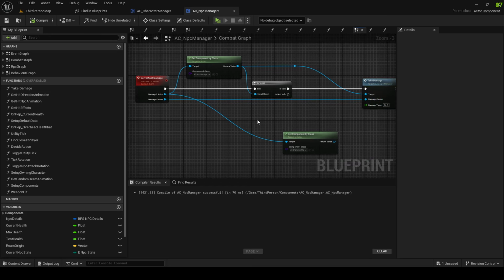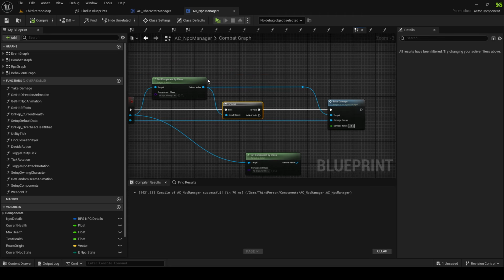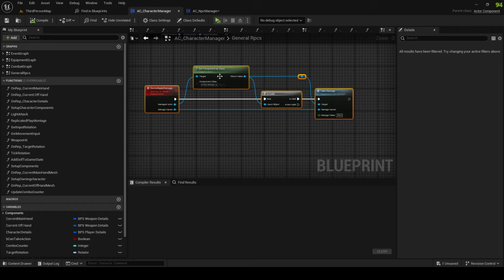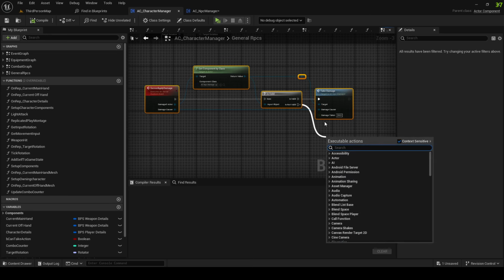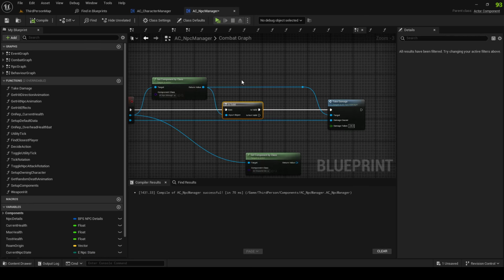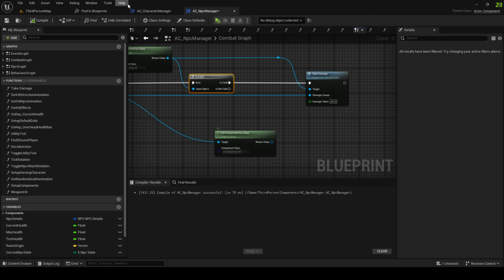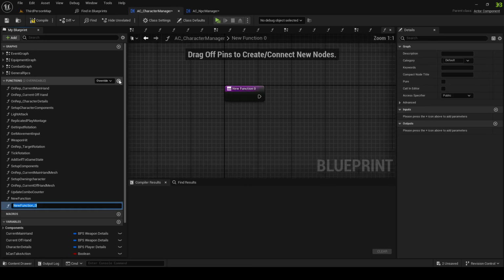In case we want to do some like allied NPCs in the future. And obviously you need to do the same thing here for the player. You need to check for the NPC component here if you want to do PvP stuff, but I'm not gonna do that. So in the character manager we need a similar function,